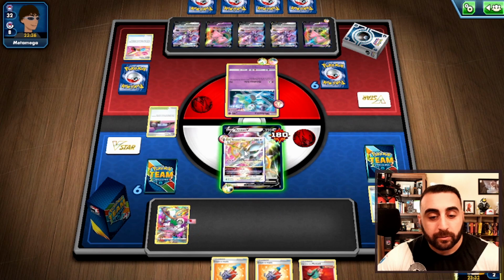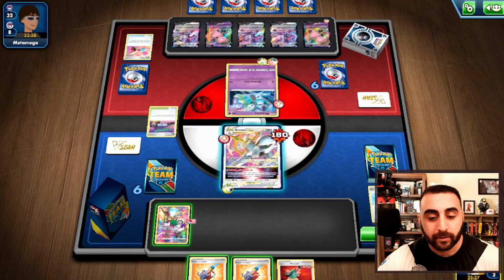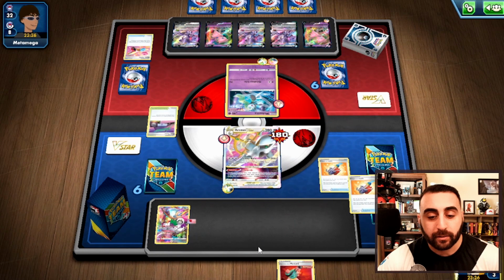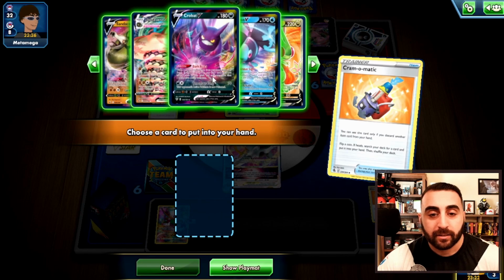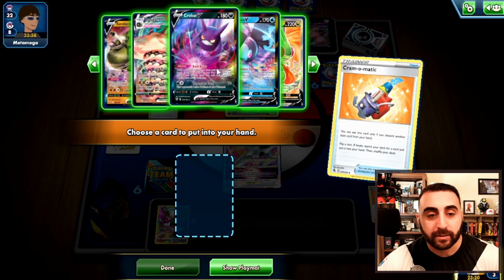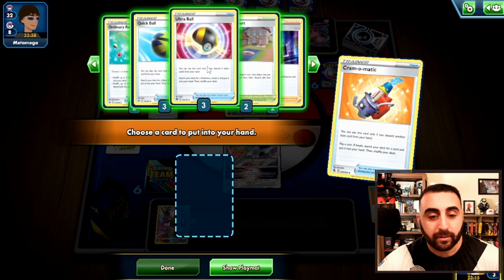So we'll go here. We'll Cram away the Cram. We hit our own heads. So what do we want? We're going to use the...